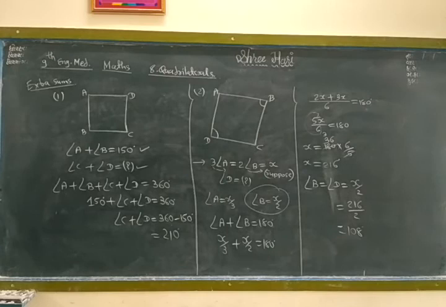मैंने एक्स्ट्रा सम भी आपको करा दिया है क्योंकि a प्लस बी दिया था 150 और आपको c प्लस डी फाइंड करना बताया. इसमें 3 एंगल a इज इक्वल टू 2 एंगल b दिया था और d फाइंड करना था, वो भी मैंने आपको बता दिया है. और इस तरीके से आप ये कर सकते हो.